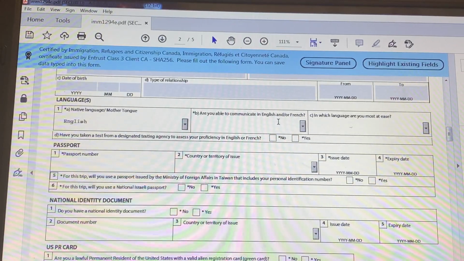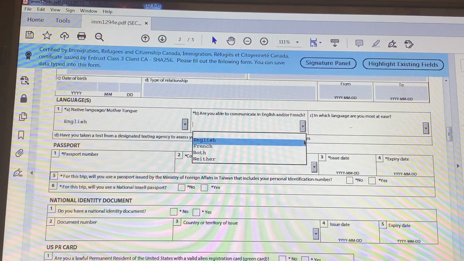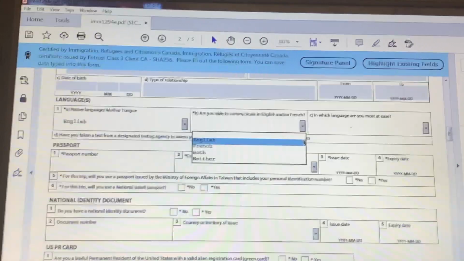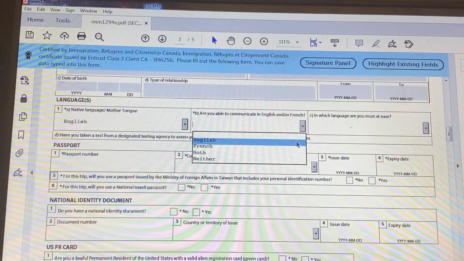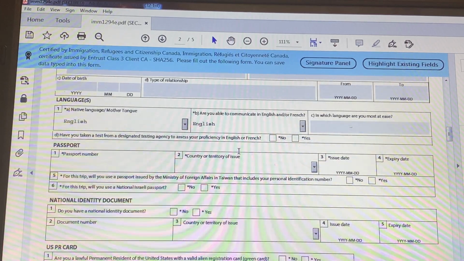And are you able to communicate in English or French? And if you speak French, you can put English, French, whatever, both. Of course, John Brown only speaks English. All right, it blacks out this section, and then it goes on to say,